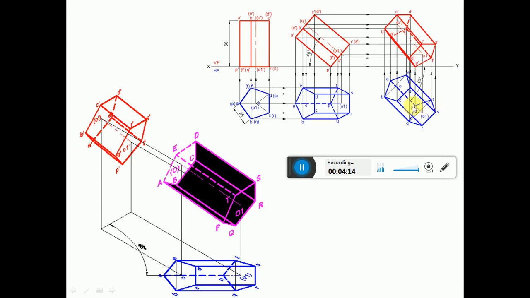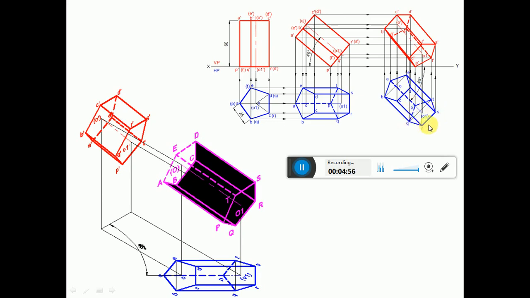BQ, now we got this point. Now we need to transfer R and S. Since we have CD here, CR is perpendicular to CD and also DS is perpendicular to CD. We already have this CD. So from C you draw a perpendicular by using the protractor. Similarly from the point D also you do the same thing. Then with C as center, take the radius of CR, which is equal to DS. From C you cut an arc on this perpendicular line to get this point R, and also from D on the perpendicular to get the point S.